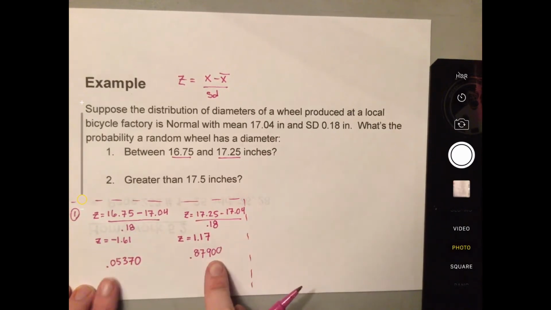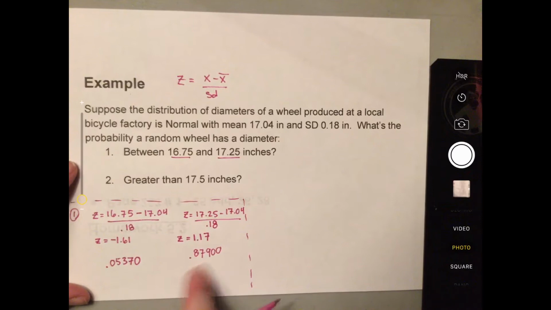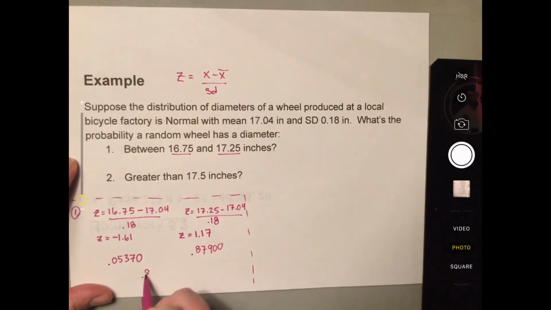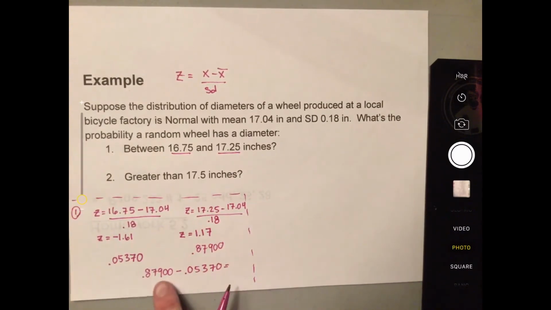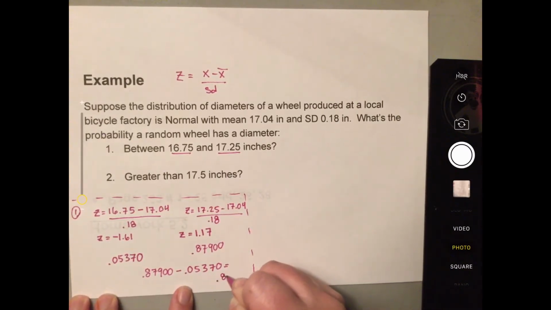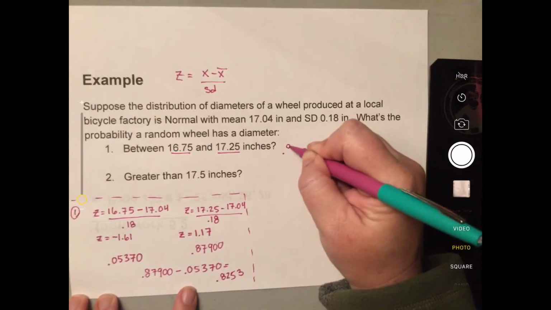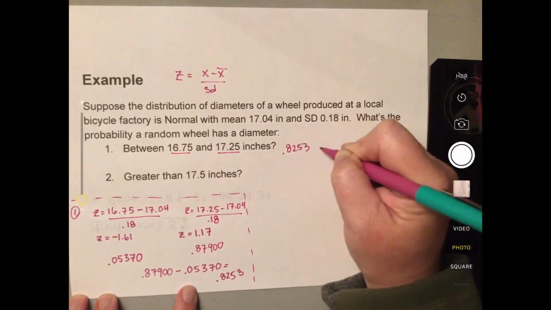Now remember, to find the probability that it's in between both of these values, you simply subtract. So we're going to do 0.87900 minus 0.05370. We're always going to subtract the tinier number from the bigger number, because we can never have a negative probability. So when we do this, we get 0.8253. So the answer to number 1 is 0.8253,